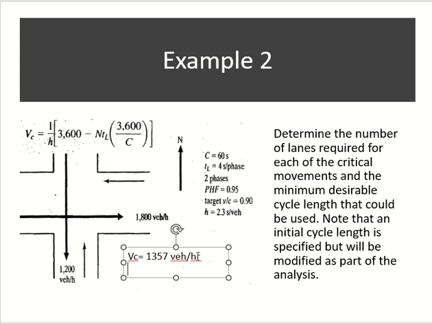So the total was 1800. Now it will divide. Each lane will carry how much? 900. Two cars will pass simultaneously. So I don't have to worry about 1800. I have to worry about 900. Got it? So if I have two lanes east-west and one lane north-south,